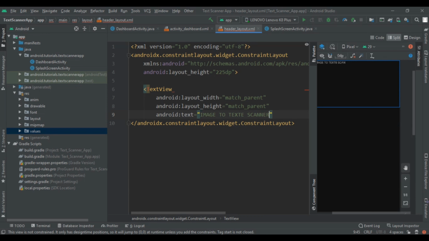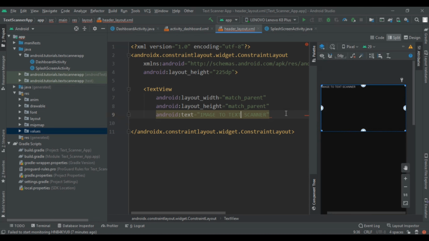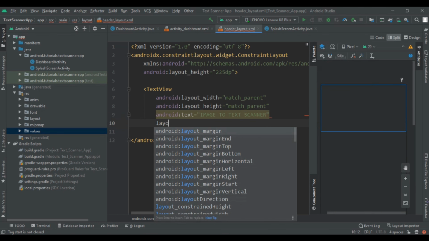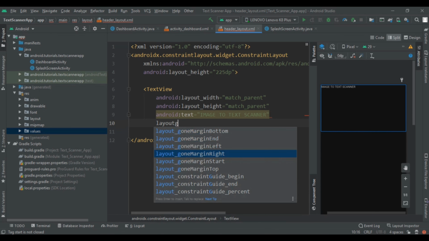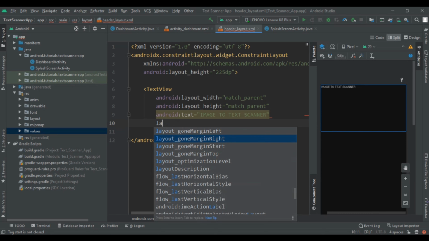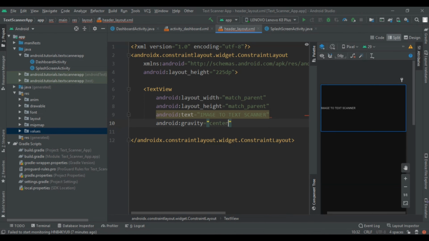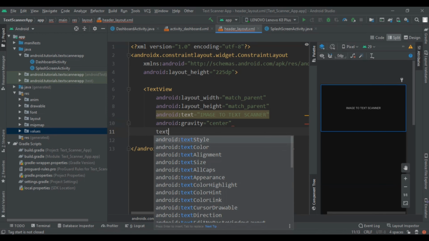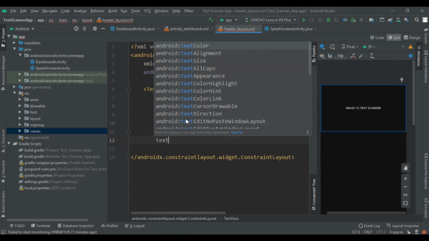Then give its layout gravity. Here layout gravity is not applicable, so use gravity only. Gravity will be center. So our text is in the center now. Text style will be bold. Text color will be white.